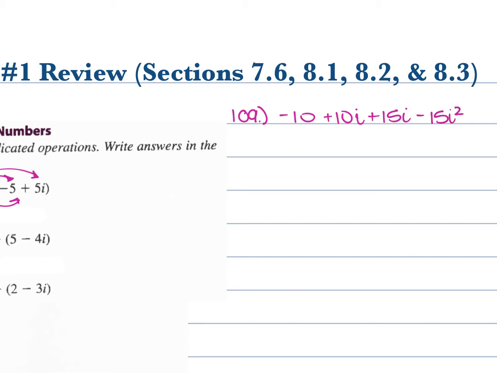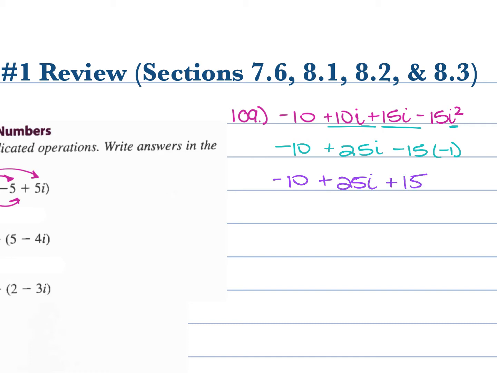So we're going to combine our like terms and simplify that i squared. So this is going to give us negative 10 plus 25i minus 15 times negative 1. Remember, i squared is always turning into negative 1. From here, that negative 15 times negative 1 gives you a positive 15, so that's negative 10 plus 25i plus